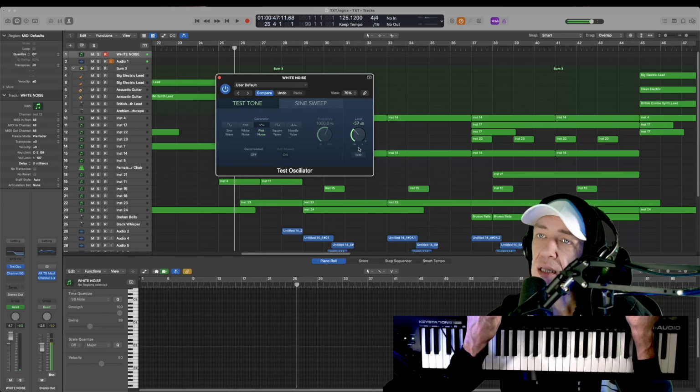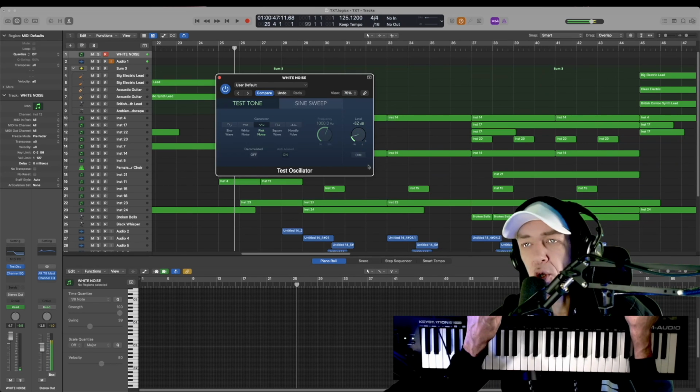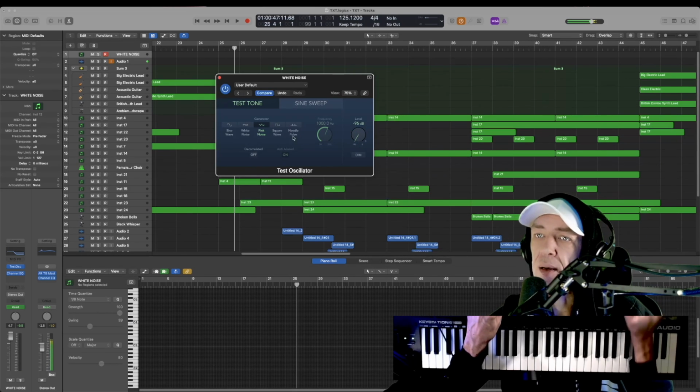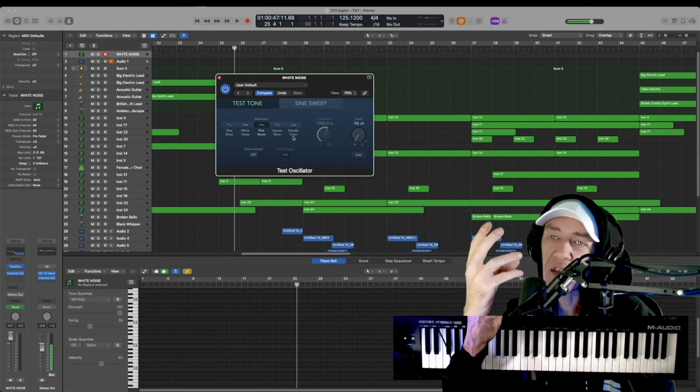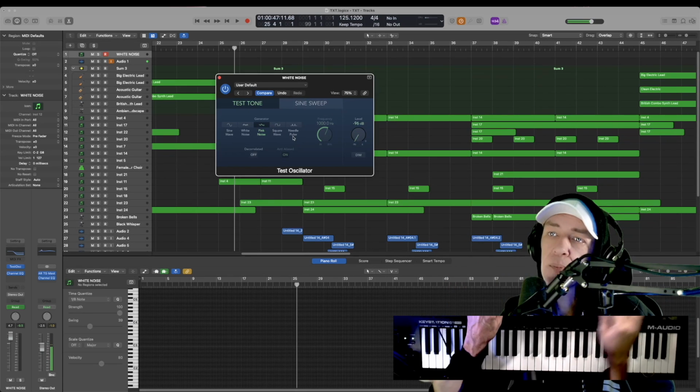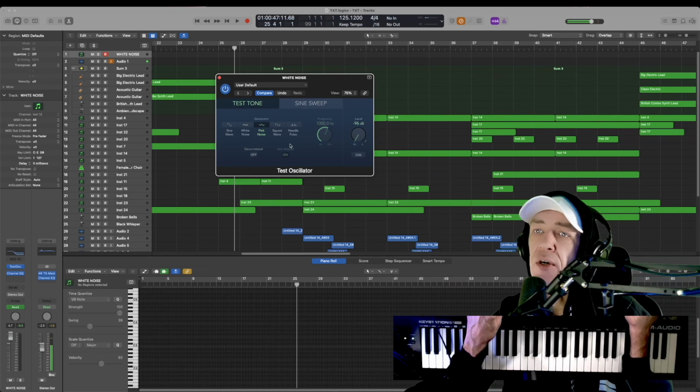You can also automate this, which I'm going to show you in the next lesson. But there's a lot of uses for it. So if you're like, why do I need this? Why is this here? I'll show you one example in the next lesson. And again, behind a lot of music, when things are too clean, they will add a little bit of noise just to thicken it up and add texture to the sound. That is how to get to and generate white, pink, or brown noise using the Test Oscillator in Logic Pro